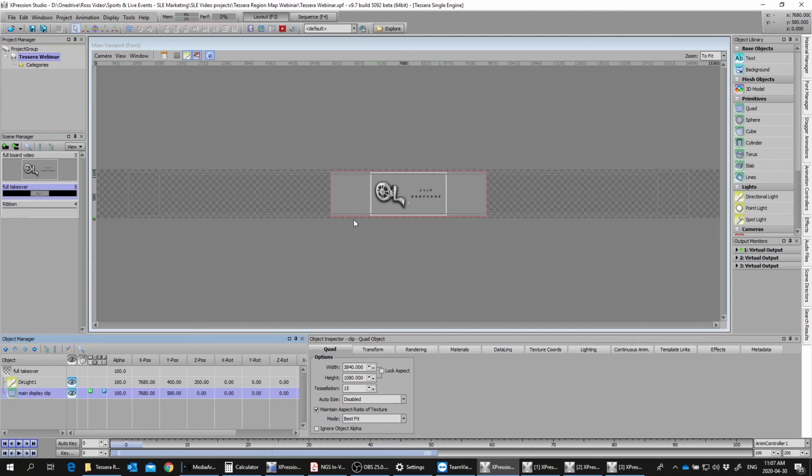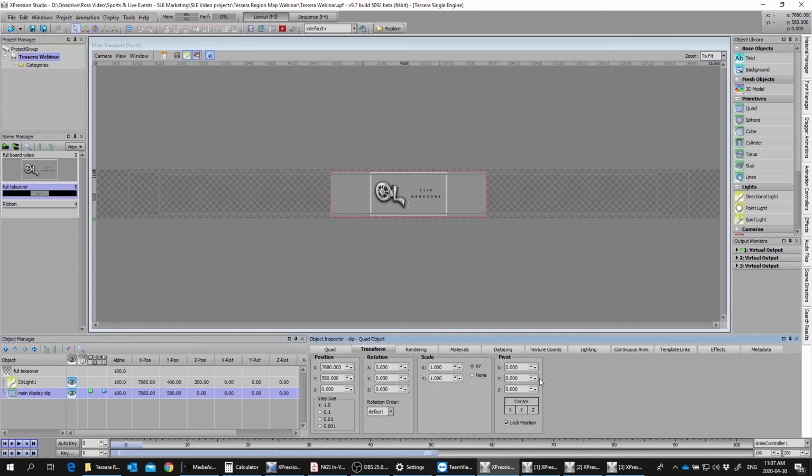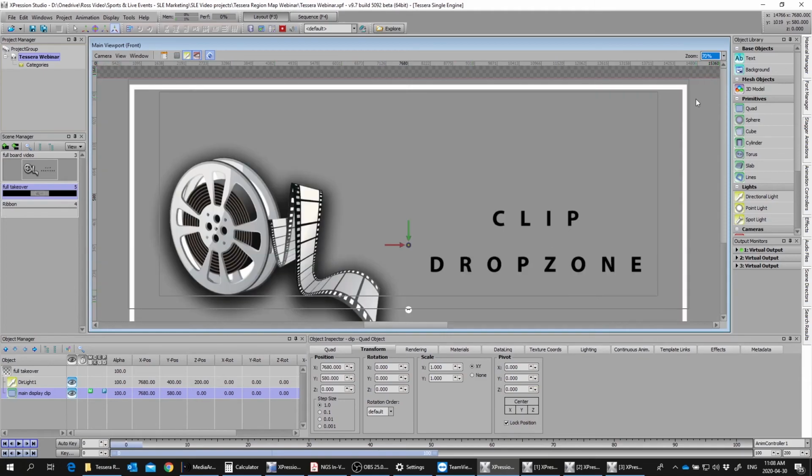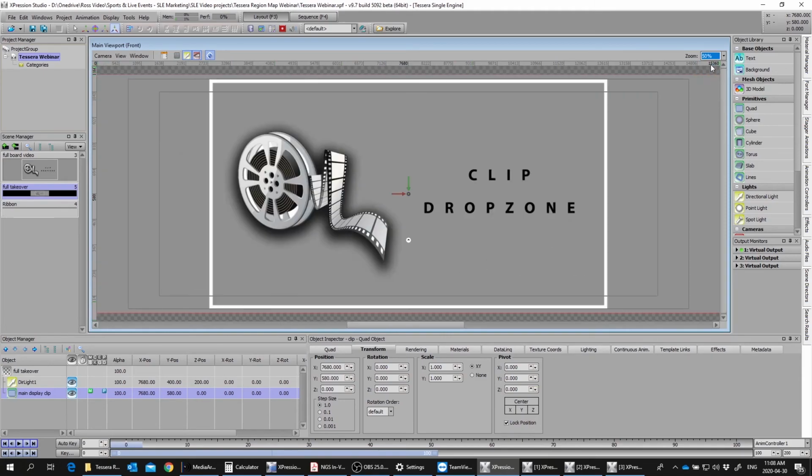So what I'm going to do is go to the transform tab for this object. I'm going to go to its pivots. Now this object's 3840 by 1080. So to position the pivot, which is currently right in the middle, I'll zoom in so you can see this. So we'll zoom out a little bit. Too far. Still too far. Okay, so our pivot is directly in the center. I'll back up even more.